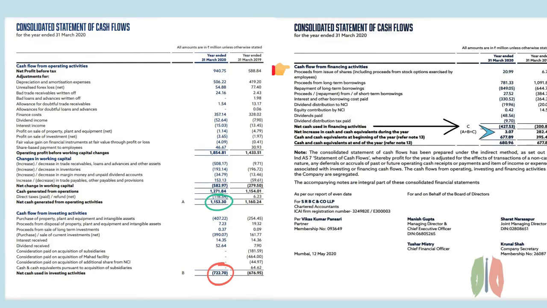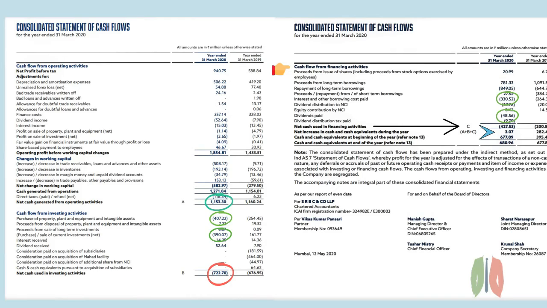To conclude this statement, we can tell that this company has repaid its loans and invested in some other companies by seeing this statement, because in the investing activities we can see they have purchased some investments which is 390.07, which is a huge amount, and also purchase of property and equipment. In the financing activities, they have repaid the loan amount of 330.52, which is also a good sign, and also they have paid the dividend which is 48.56.